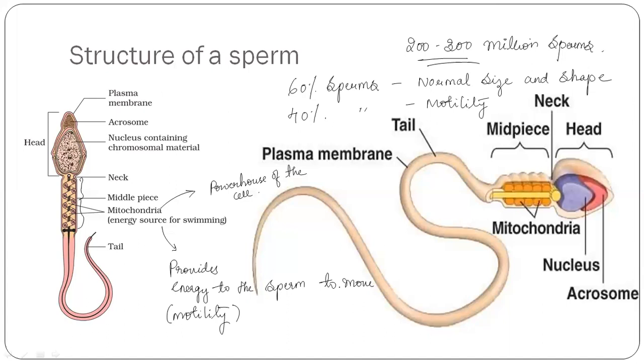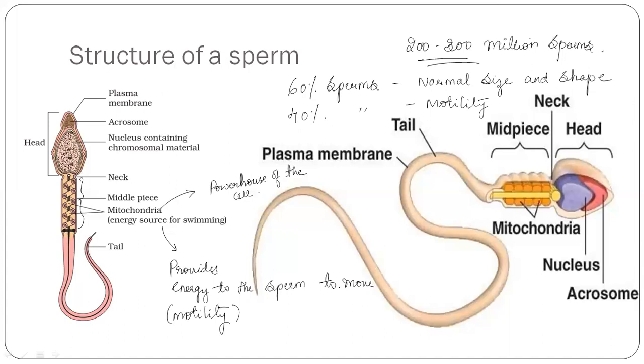Now, which are these accessory ducts? The accessory ducts are the vasa deferens, vasa efferentia, and rete testis. So who helps in the transportation of the sperms? These accessory ducts help in the transportation of sperms released from the seminiferous tubule, because in the seminiferous tubule, the production of the sperms takes place.